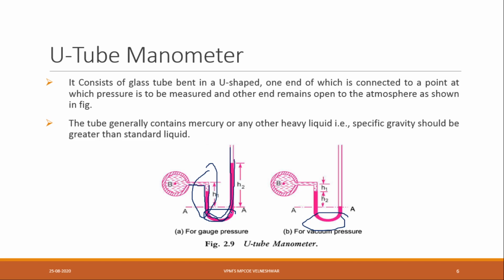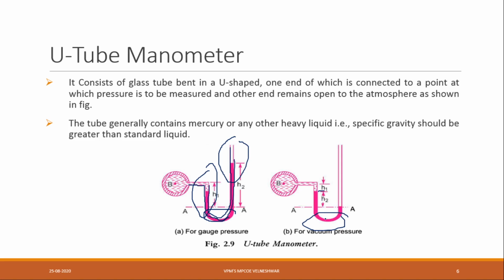In the first type, the liquid is above the axis. If you see in this pipe, the liquid is coming above the axis, but it is coming up to AA only. So then how I have to take here: from here to here it is H1 and this is H2.